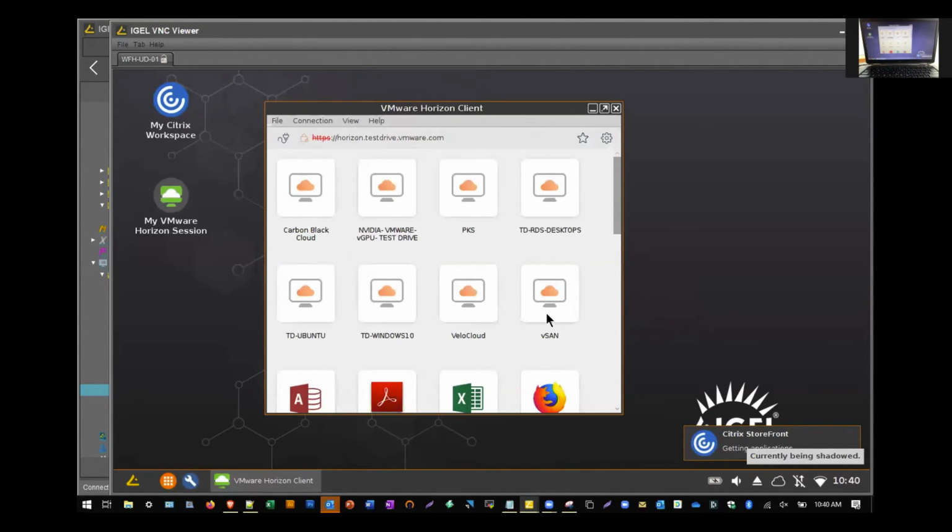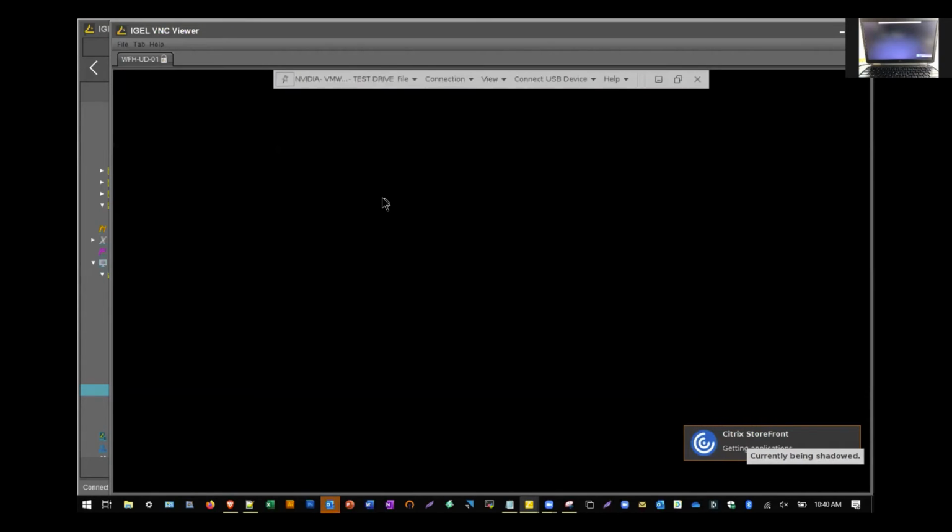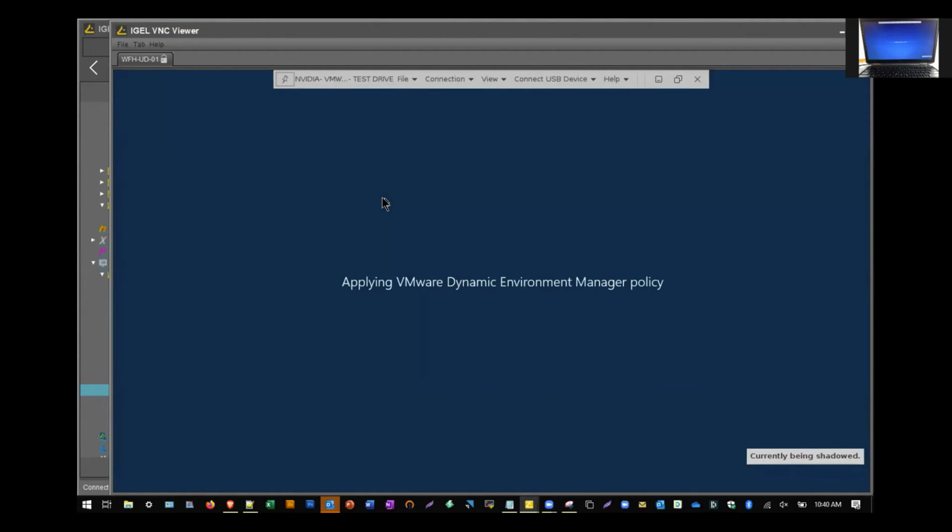So here, VMware, here are my different desktops. I'm logged into their test drive piece. I'm going to load the VMware piece as my Citrix one is logging in. As you can see, I'm just grabbing a desktop that's here. There's a lot of options under the hood. These demos are mainly just to show the abilities of how quickly and easily you can set up an environment and ensure that these are working the way you need them to work.